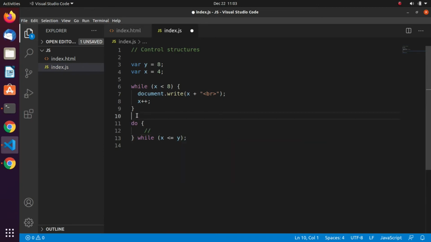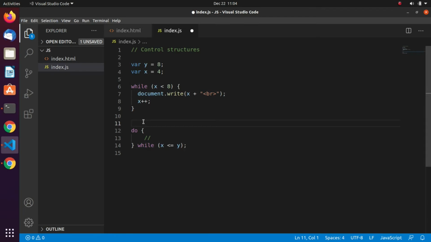The difference between the do while and the while is that the do executes at least once before it starts checking the condition, but the while checks the condition first before executing anything. So that's the only difference.